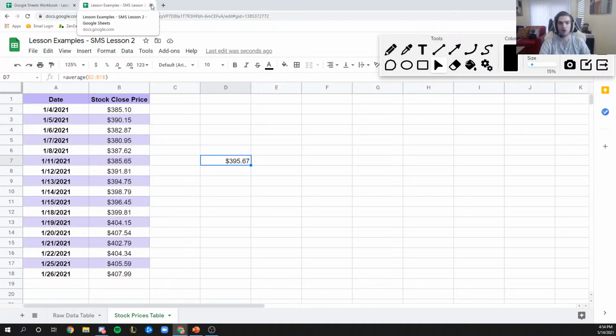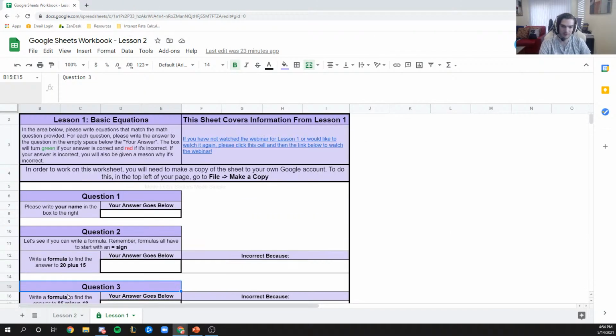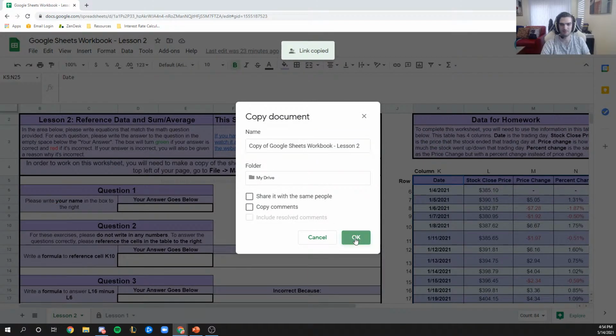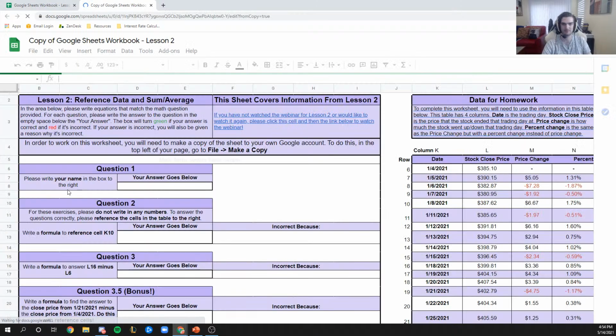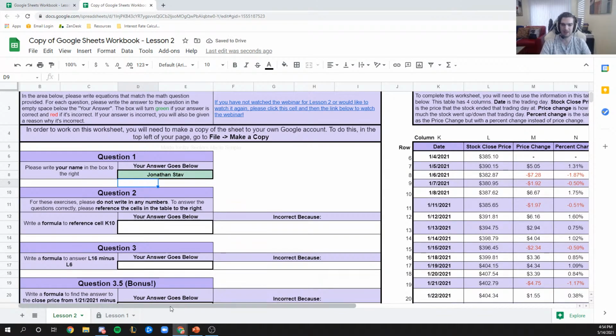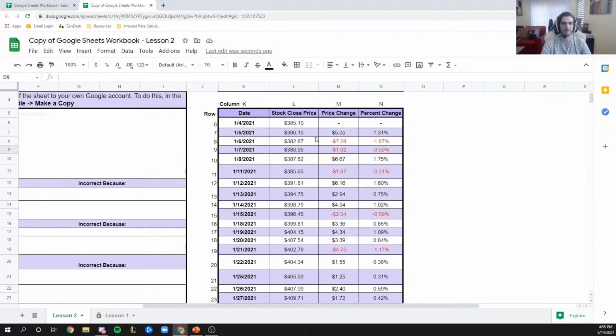Let's go and look at the homework for next time. In this Google Sheet, which I'm about to share the link for right now, there's the link for the homework. If you go here and go to File, Make a Copy, and hit OK, that gives you your own copy to work on. As always, you put your name, and then if you look over on the right side, this should look familiar to you